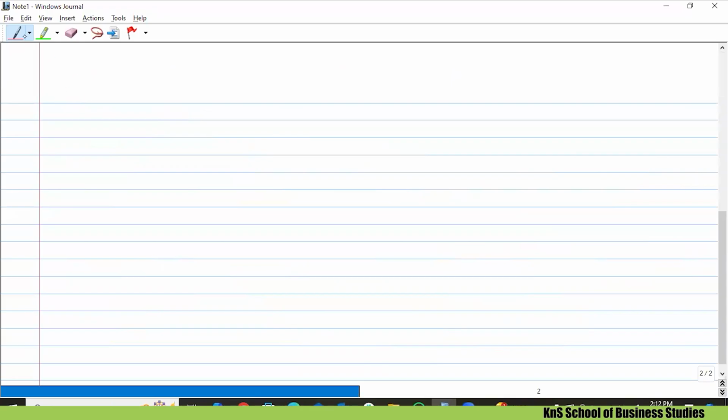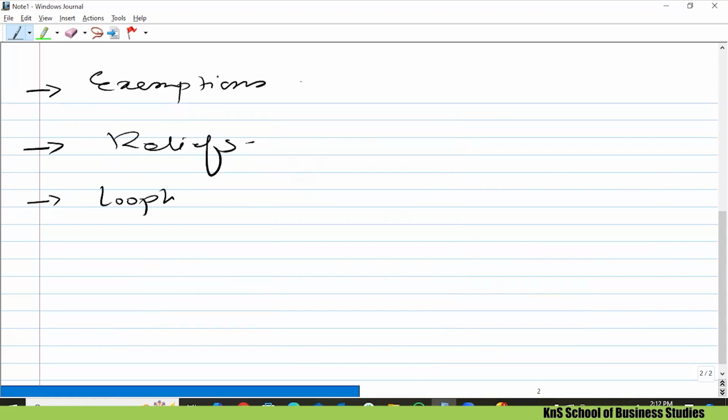For example, there are some exemptions always available. Let's say there are always some reliefs that are also available. And there are certain loopholes as well in every system that protect or give the benefit of doubt to a person out there. There's one exemption, let's say